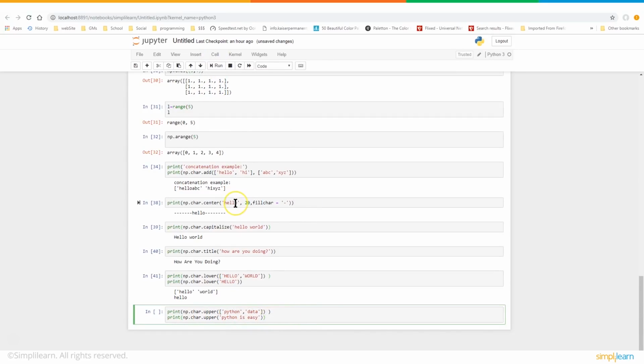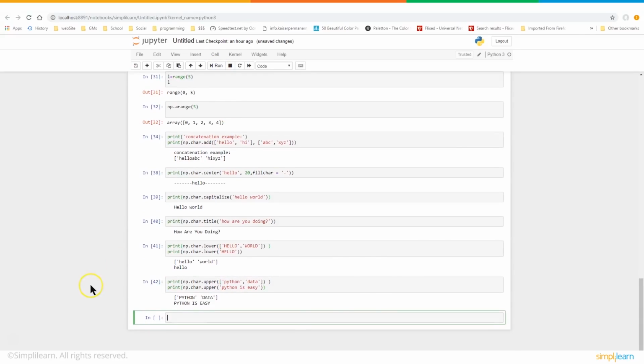Hopefully you're starting to get the picture that most of the Python and the scripting is very simple. It's when you put the bigger picture together and start building these puzzles and somebody asks you, hey, I need the first letter capitalized, unless it's the title, and then you start realizing that this can get really complicated. So NumPy just makes it simple, and we like that. And so in this case we did Python data, it's all uppercase, Python is easy, like shouting in your messenger,